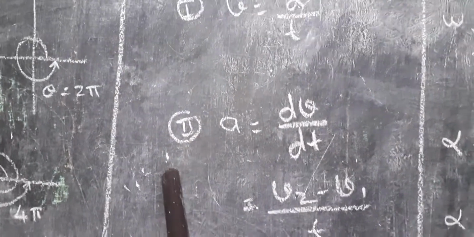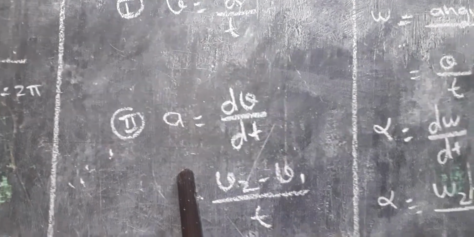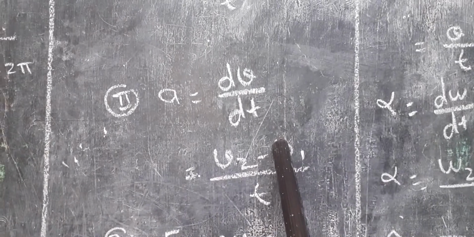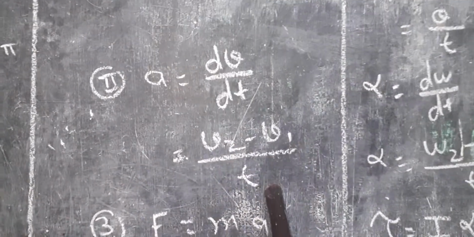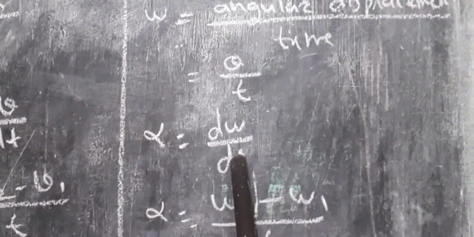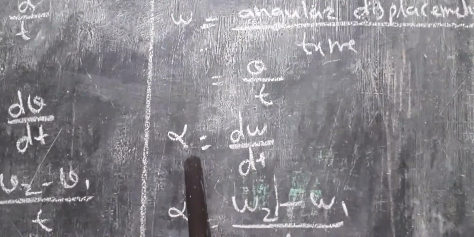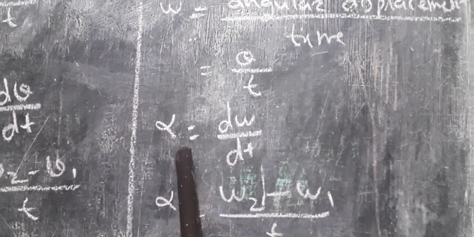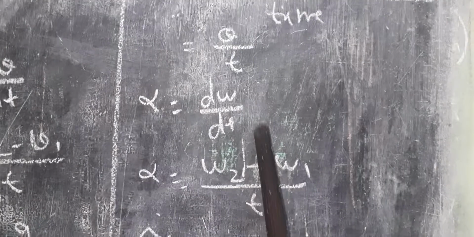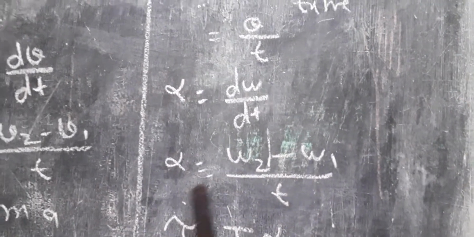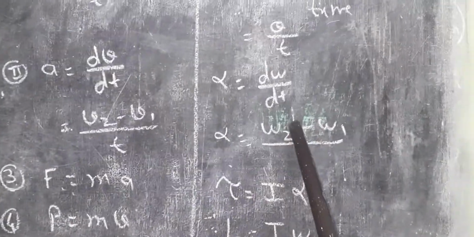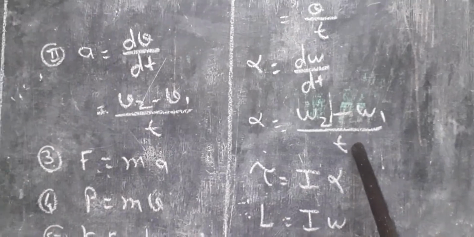Number 2, we know that in case of linear or translational motion, acceleration is given by a is equal to dv upon dt, or we can say v2 minus v1 upon t. The standard formula we have seen a number of times in previous standards. In comparison, in rotational motion, we write alpha in place of a: angular acceleration is equal to the rate of change of angular velocity with respect to time. So d omega upon dt, so we can write alpha is equal to omega 2 minus omega 1 upon t, just like v2 minus v1 upon t. A simple comparison is there.